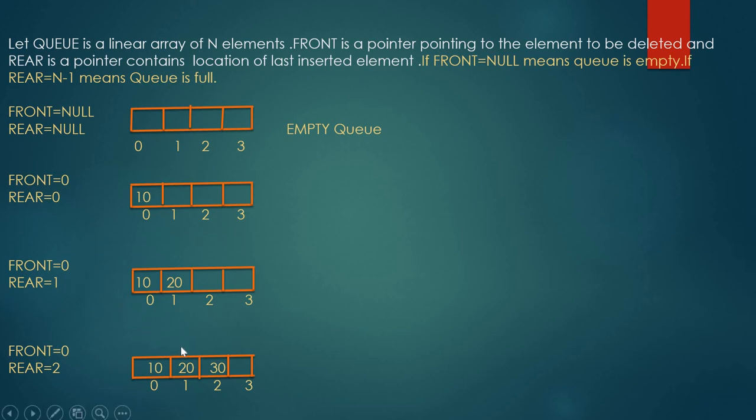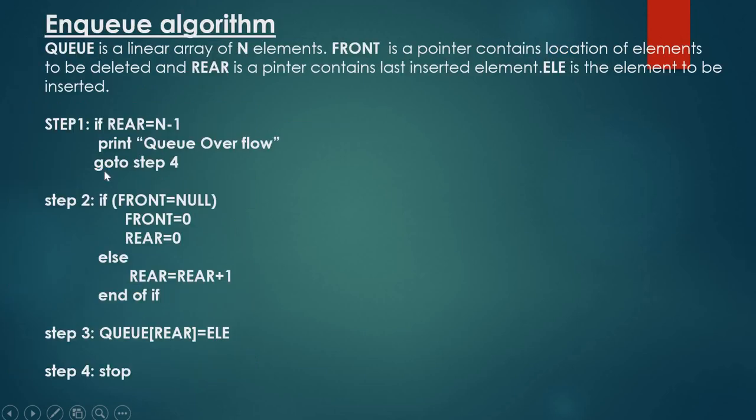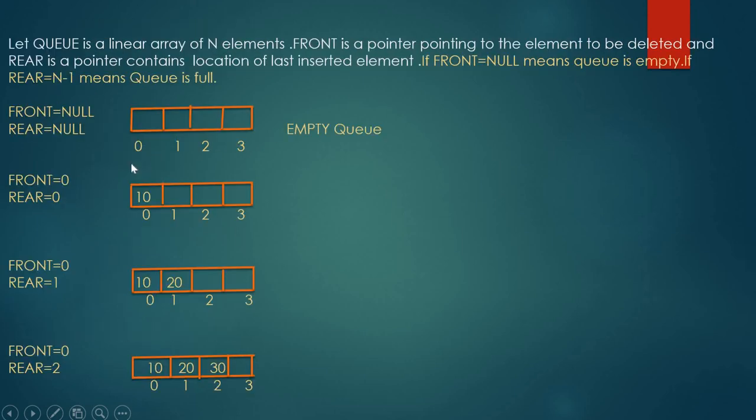Next, you are going to insert the third element. In that case also, only the rear pointer is changing. Front is not changing. In the insertion case, in which case does the front change? Only in the case of first element insertion, where both pointers need to change to 0. In other cases, we change the rear pointer to rear plus 1, and at that rear we can insert